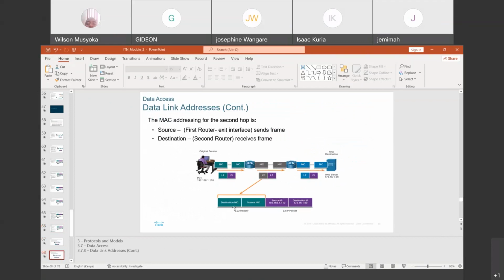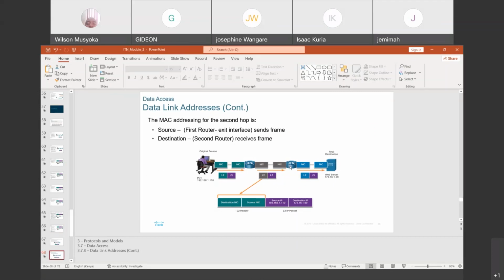And this is read at layer 3. So the source NIC, the destination NIC card and the source NIC card keeps on changing. If you notice here, L2 and L3, L2 and L3, meaning that you are reading both the addresses of layer 2 and layer 3. So layer 2 keeps on changing as you move from this machine to this router. So the router becomes the source as you move from here and you go to the next NIC card of the next router, it changes.